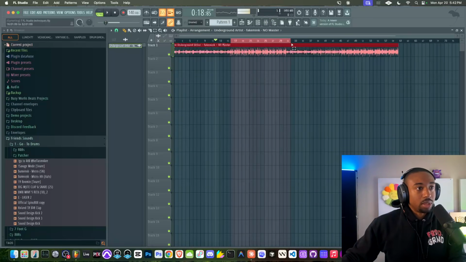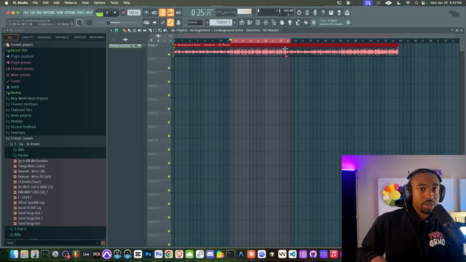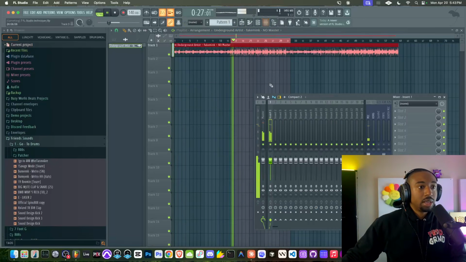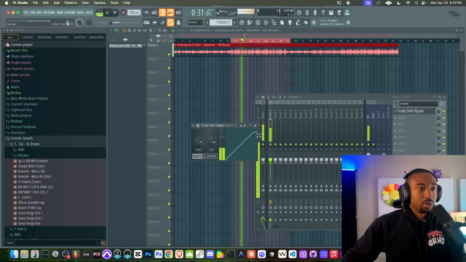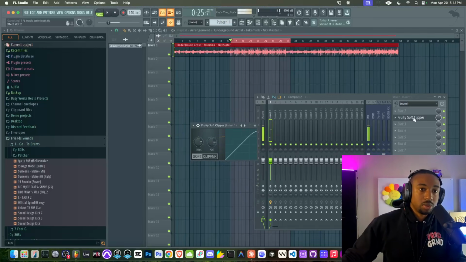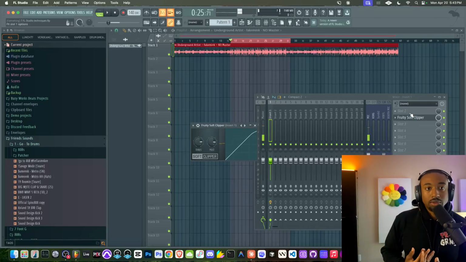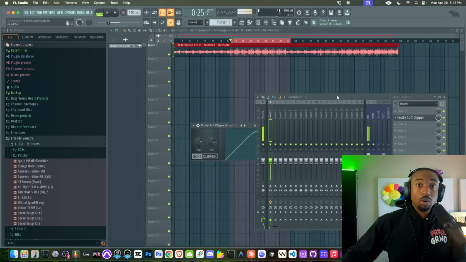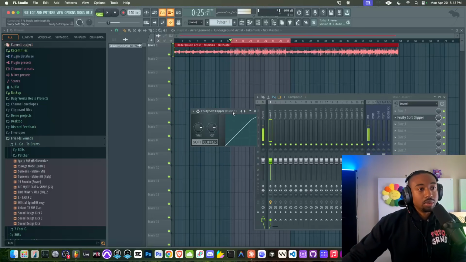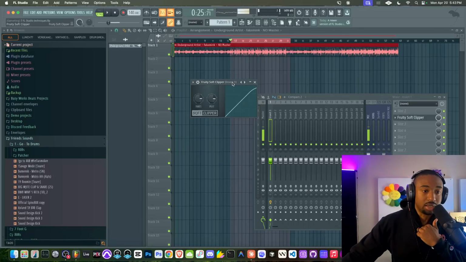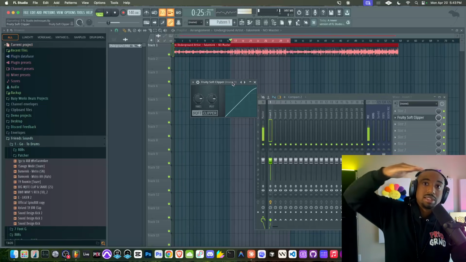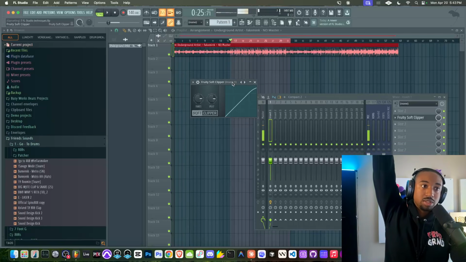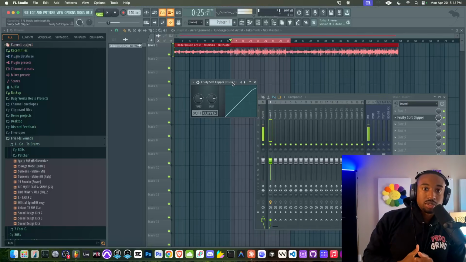It doesn't work for a lot of genres, especially if you're trying to transition into R&B and more acoustic hip hop. So we're going to add Fruity Soft Clipper here. Now most beginners don't realize you have to push into the Soft Clipper, so they'll start building a habit of producing overly loud, because they don't understand the concept of gain staging, and this actually hurts their journey in mixing because they'll keep making beats that are like +1, +2 dB,